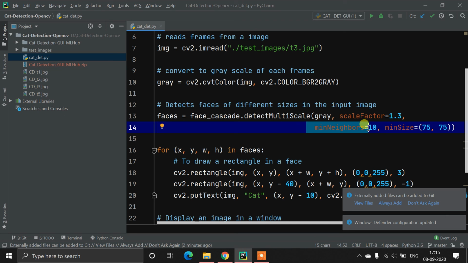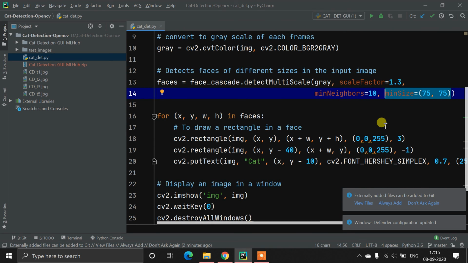This is the best value. I have checked lots of values and found this is the perfect value for cat detection from images. But once again, this is not as accurate as human face detection. Now minSize is equal to 75, so we are setting the minimum size of the object. This is just an optional parameter, you can remove it.